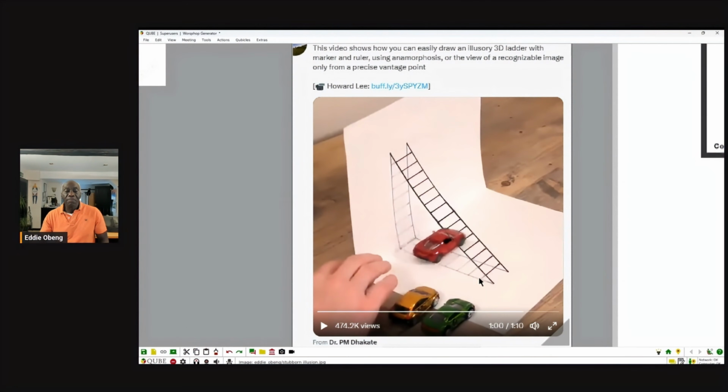So this is an image where this person has drawn on the card in light pencil, and then drawn on the card in dark pencil, but it looks like there's a ladder going over the toy car. There isn't. That's why the car goes over the ladder, not underneath it. It's just an illusion. So getting your head around things is difficult.